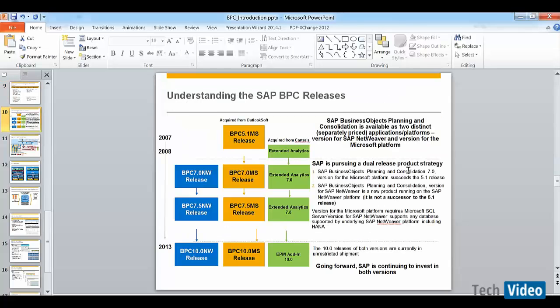Okay. So right now there might be various versions of BPC. Let us take a deeper look at why there are so many versions available and what each of those stand for. So BPC was acquired from Outlook Soft by SAP. It was not a homegrown SAP product. It was acquired from Outlook Soft, and when it was acquired in 2007, then the current version